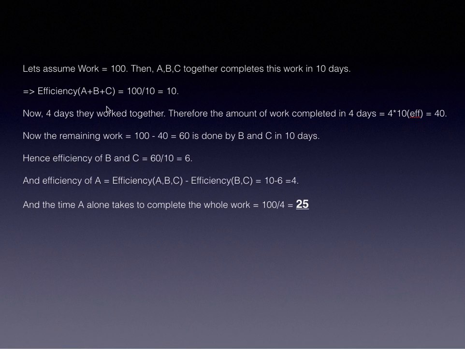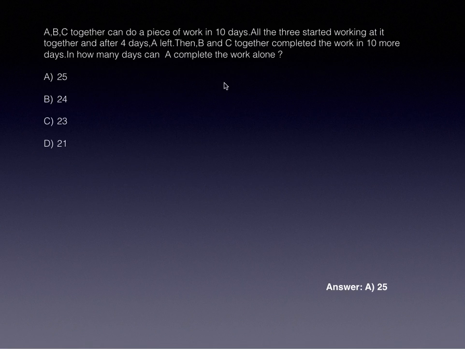Now, 4 days they worked together. That is, A, B and C worked for 4 days. Therefore, the amount of work completed in 4 days will be 4 into 10. That is the total efficiency. Therefore, 40. Now, what is the remaining work? Out of 100, 40 is completed in 4 days by A, B, and C working together. Therefore, the remaining work is 60, and it is given that